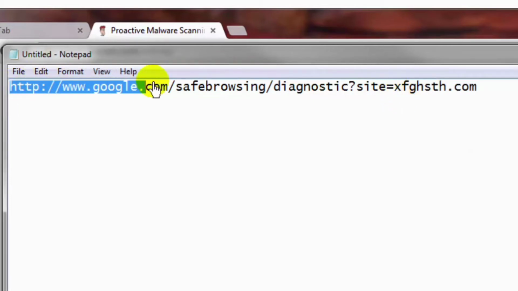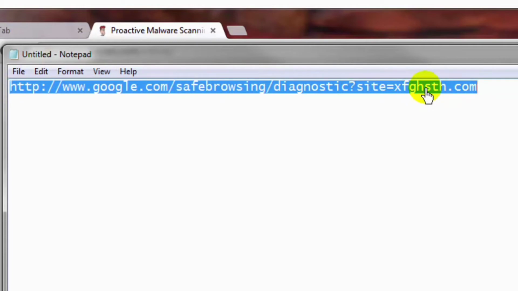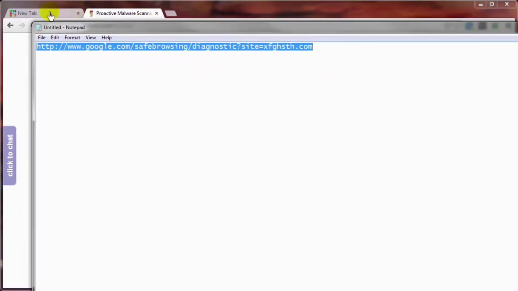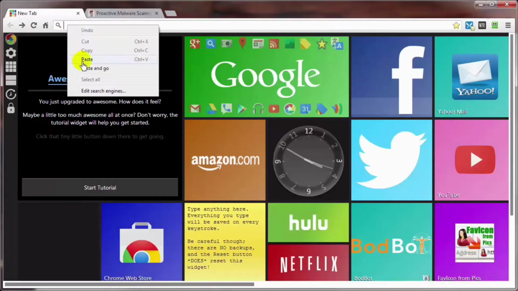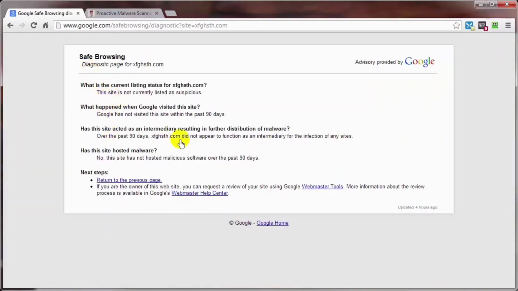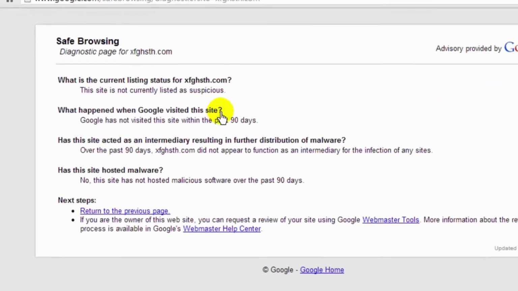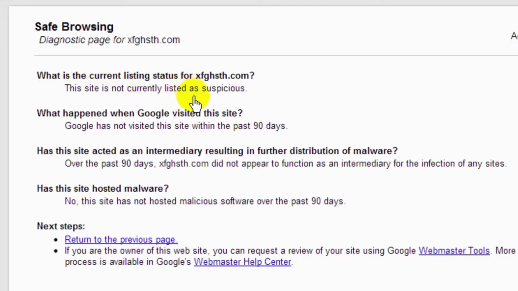I think that'll work. I don't think I need the www in front of mine. Just copy this and paste this in the address bar here. And this is the results of what you should get if your page is clean. What is the current listing status for your domain? And it'll tell you here if your site is listed as suspicious or not, and hopefully it's not suspicious,